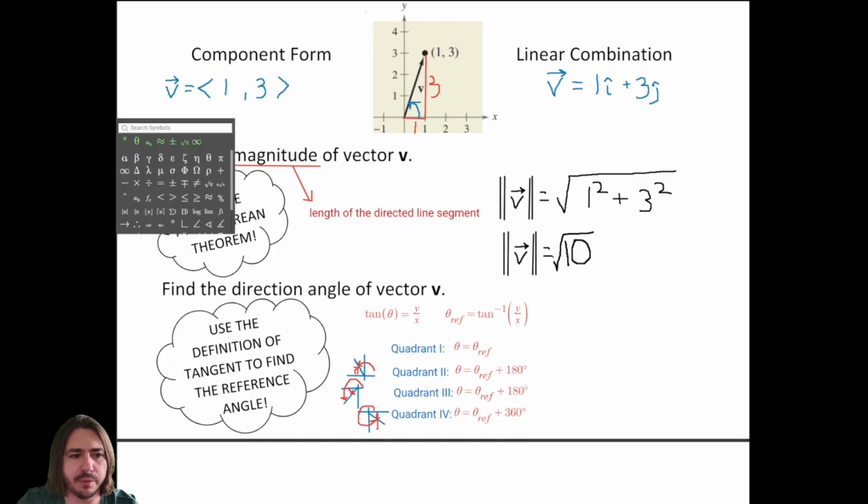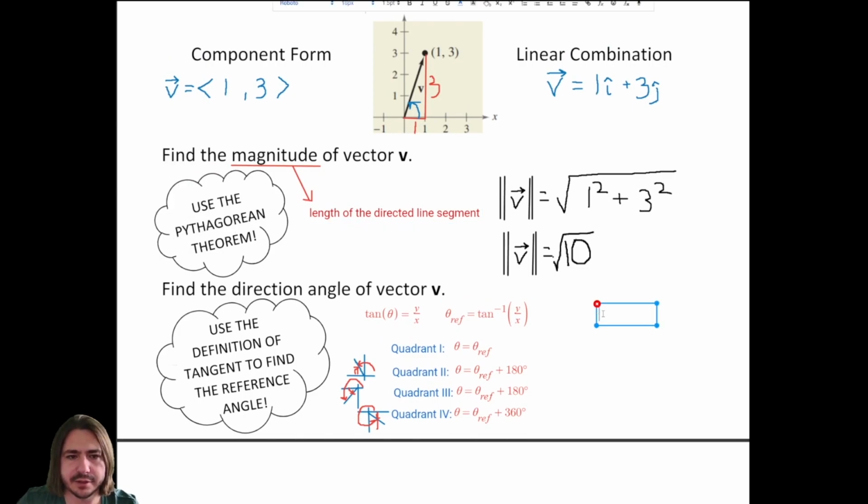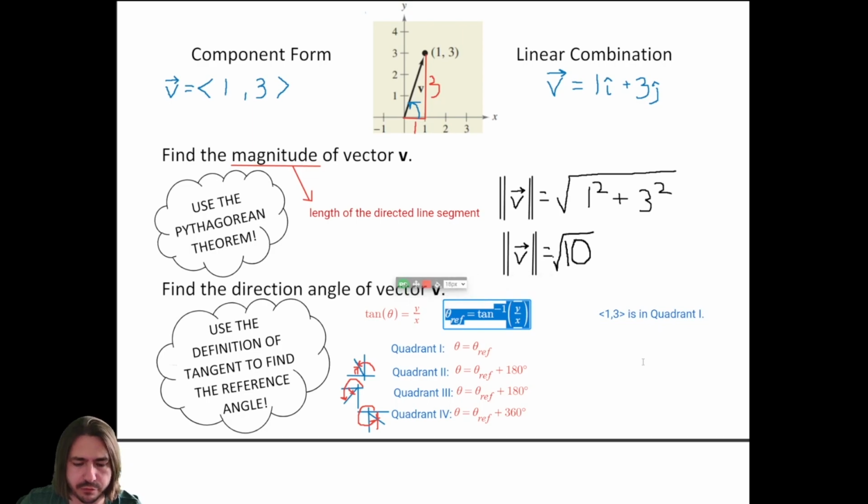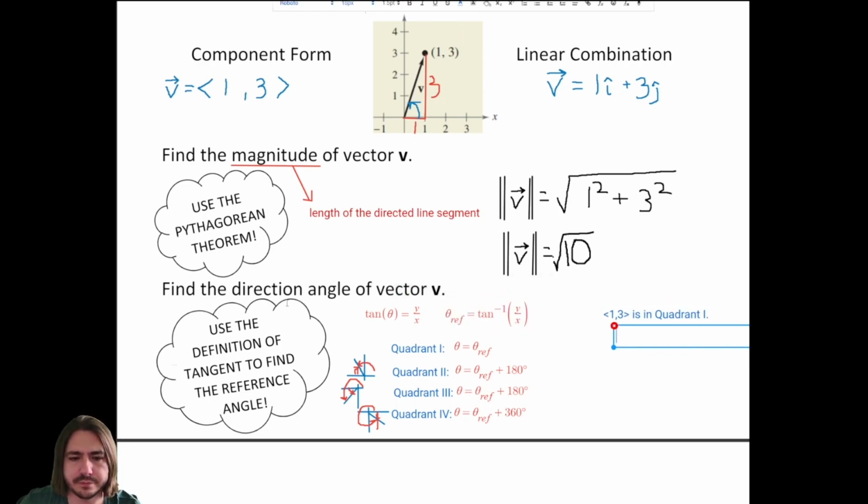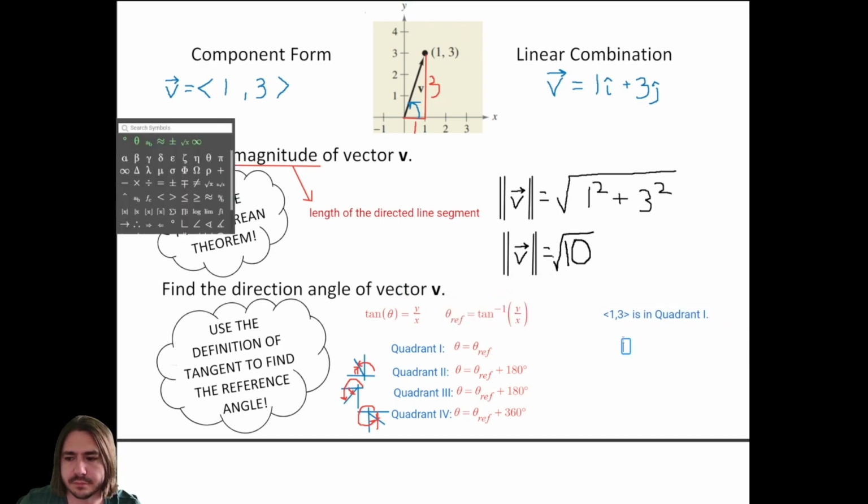Okay, so I'll make a note here that (1, 3) is in quadrant 1. So we can just use this formula directly to find theta. So theta will be the inverse tangent of 3 over 1, and we can compute this